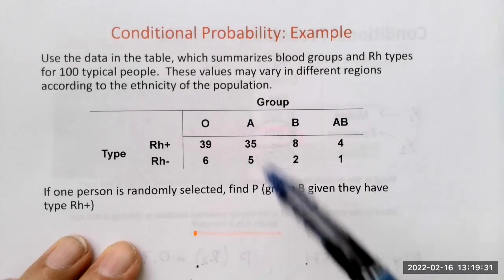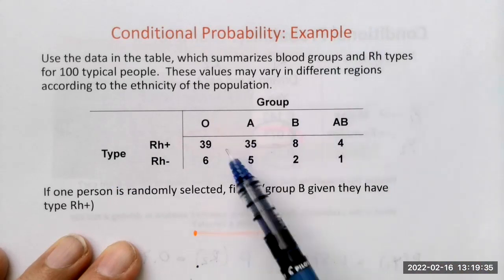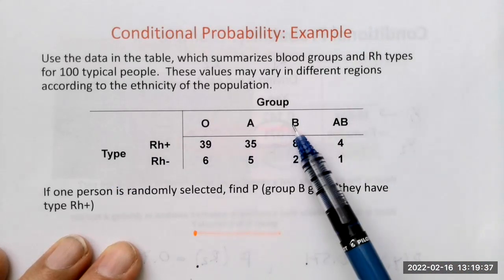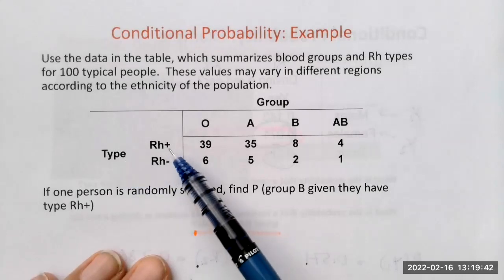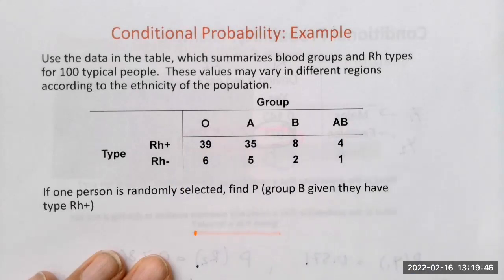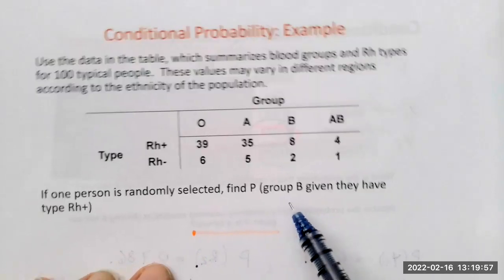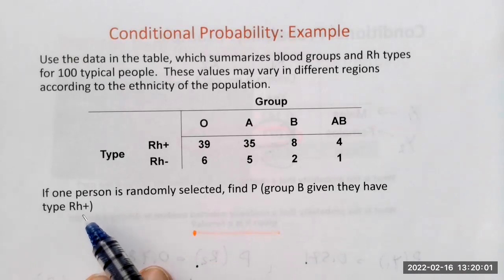Again, we have two variables: the blood group O, A, B, and AB, and the RH type, positive and negative. So this is two-way or bivariate data, summarized in a contingency table. If one person is randomly selected, find the probability that the person has group B given they have the type